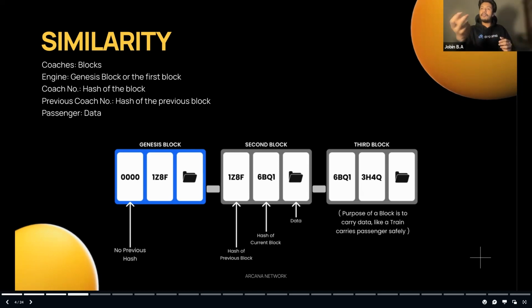So you have a roll number to identify you when you're sitting for an examination, for your academic purposes. Similarly, in a blockchain, to identify and pick each and every block from the entire sequence of the blockchain, you have a hash of the block. Hash is basically nothing but the roll number of each and every block. It's unique. No two blocks have the same hash or roll number. Got it?